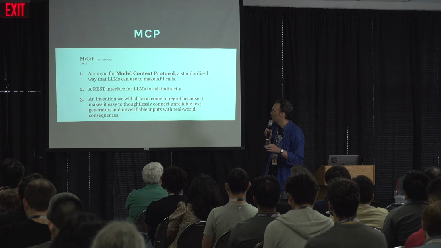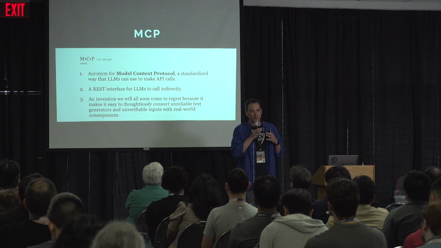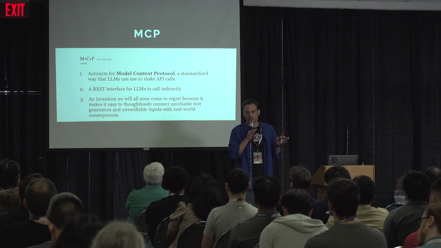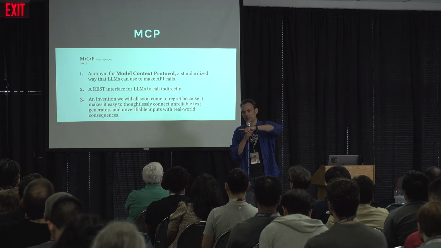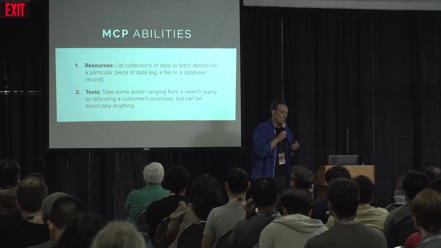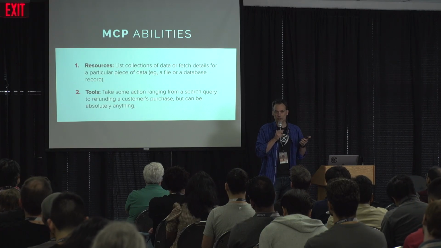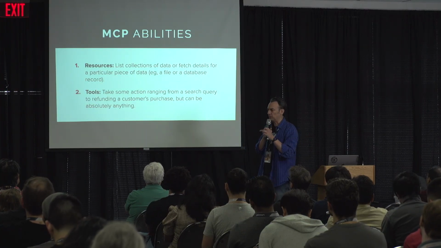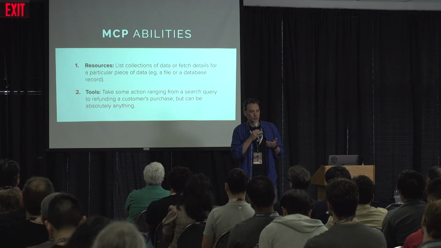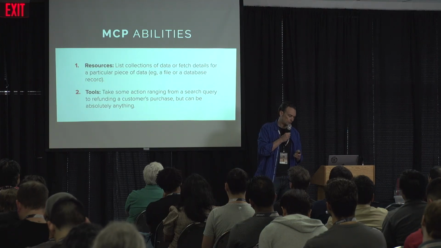There's so many options. Model context protocol, you can think of it as a way that an LLM can make an API call. That's all it really is, okay? It's a way for an LLM to say, oh, I want to go execute this thing or fetch that thing. There's basically two capabilities that come through MCP. They call the first one resources. That's like, get me a list of collection of data or get me that specific piece of data. And there's tools. Tools are effectively function calls that could be arbitrary. They can do anything, okay, including the same thing as resources, so whatever.